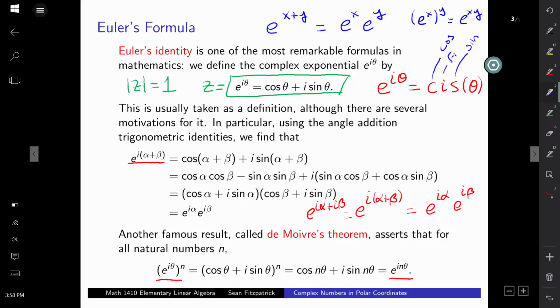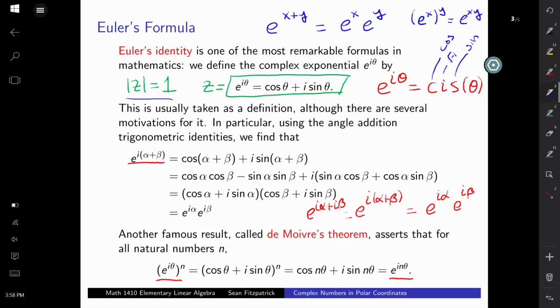Okay. So this result, De Moivre's theorem, sort of tells you how to deal with powers of, well, at least powers of complex numbers that have length 1. It says, oh, you take a complex number of length 1, figure out what angle theta it corresponds to, and if I want to raise that to a power, I just have to multiply the angle by